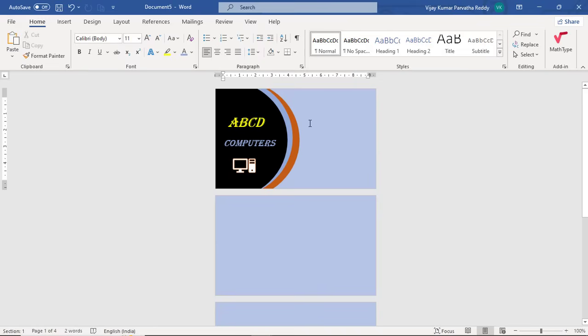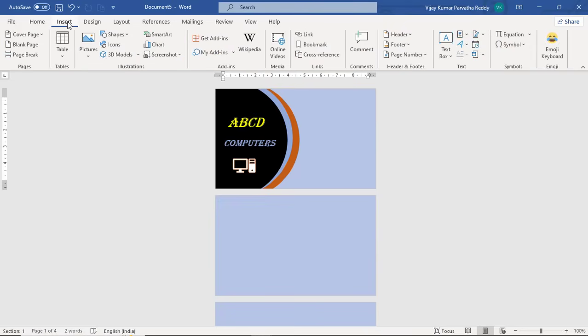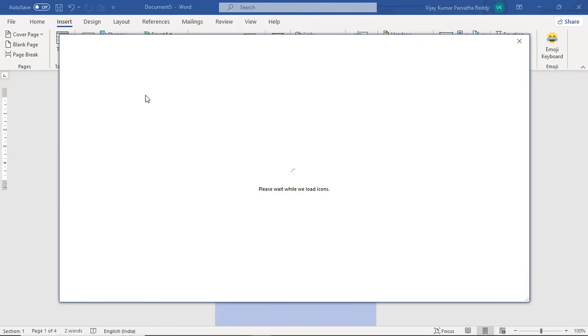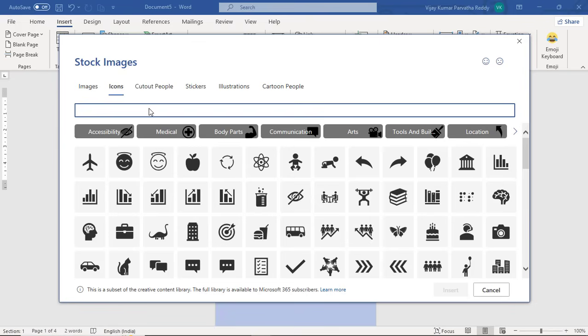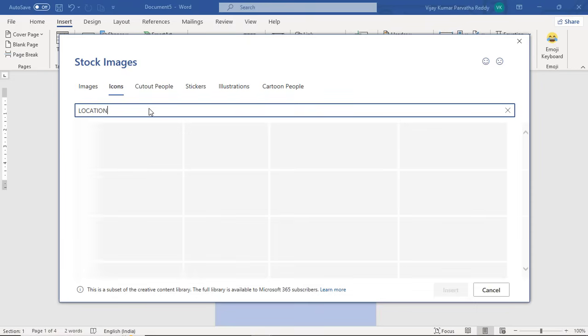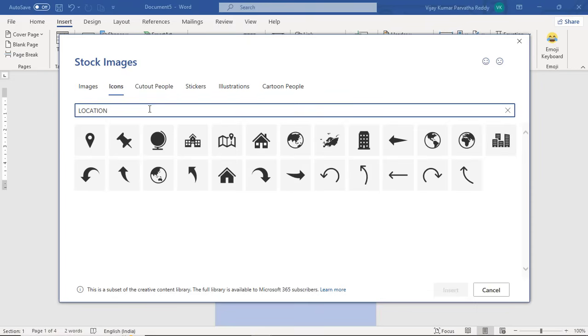And here if you want to type the fields, suppose if you want to type the address, where you want to type the address, you have to click the area and first place some symbol. Address means you can insert location symbol. So from icons you select and type location. So which you want, you can select. Suppose I am selecting this location symbol, insert,